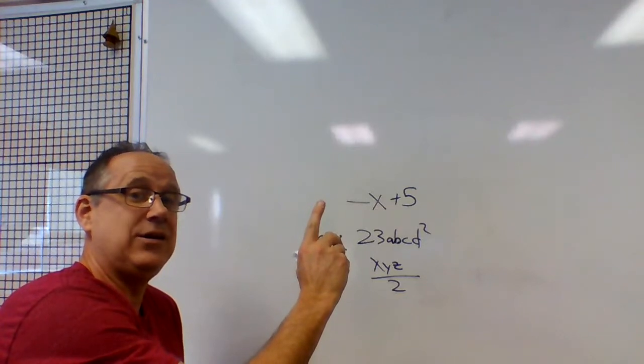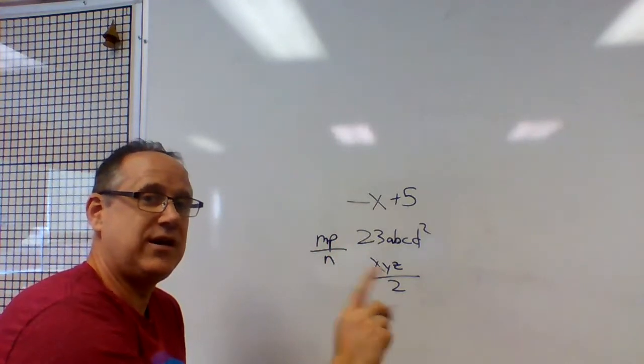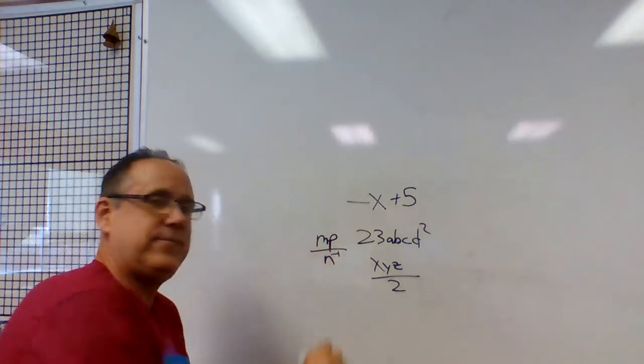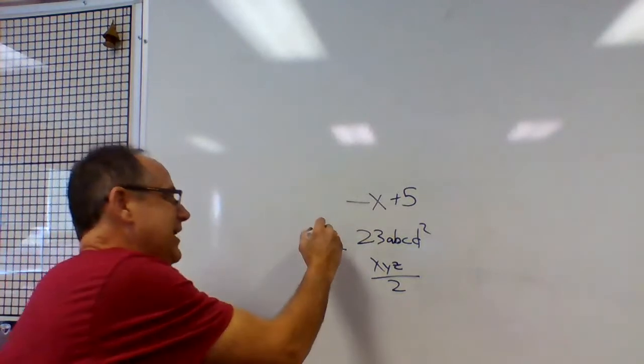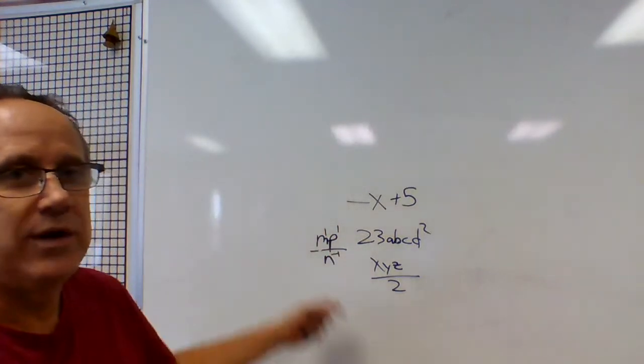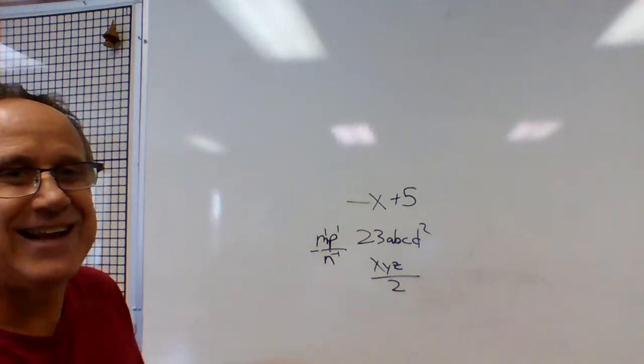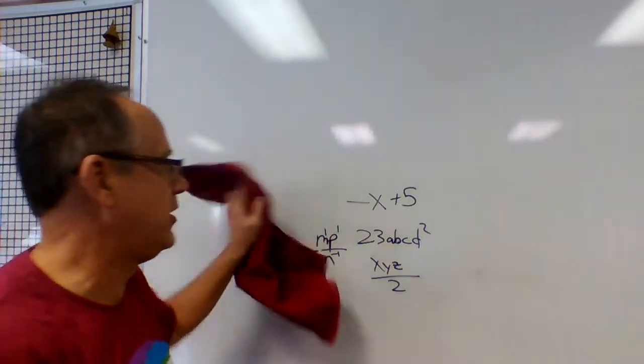Who can tell me? Negative 1. Remember, our variables need to have an exponent of 1. When we have a variable in the denominator, again, that's a negative exponent. Now, when we have exponents,